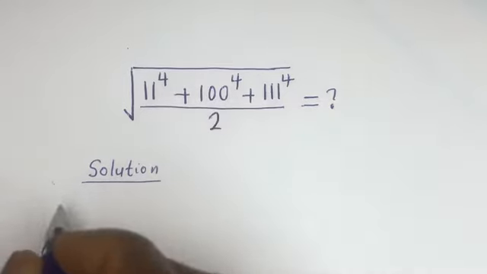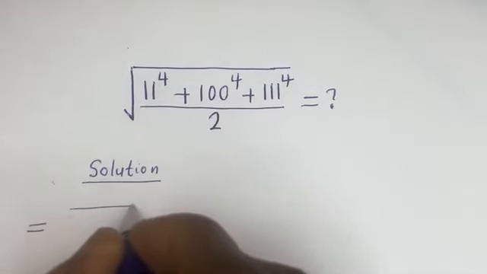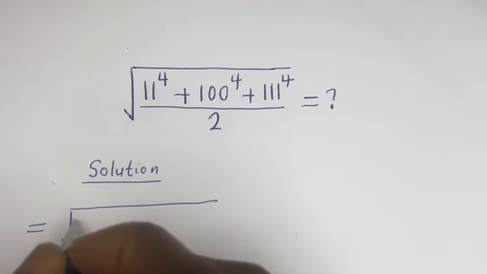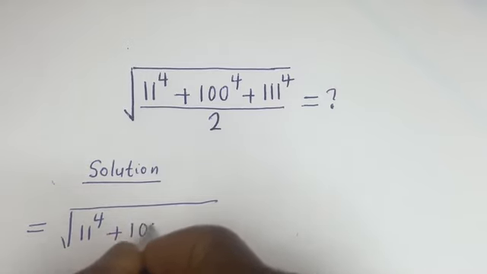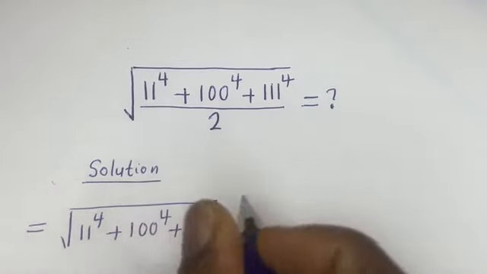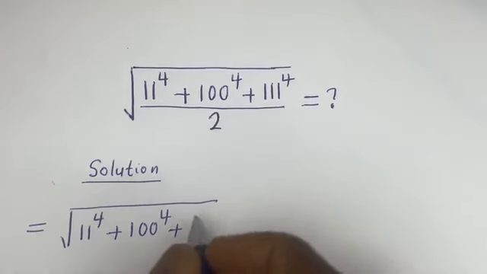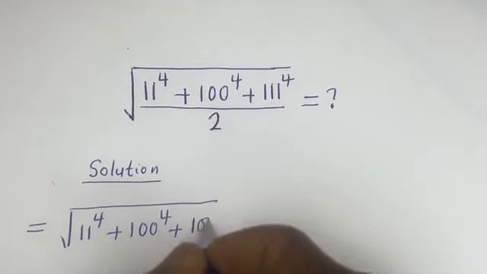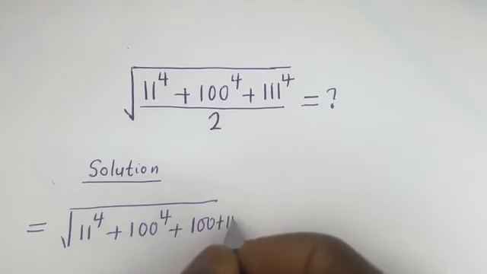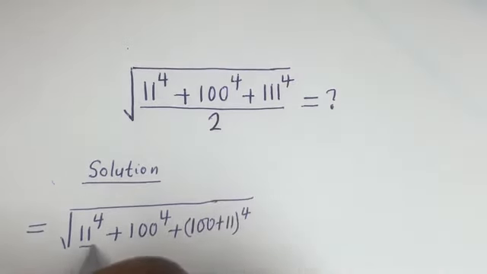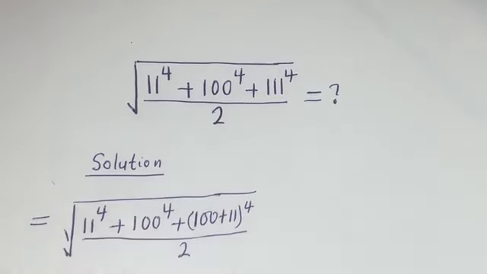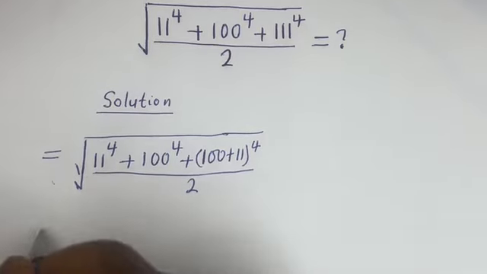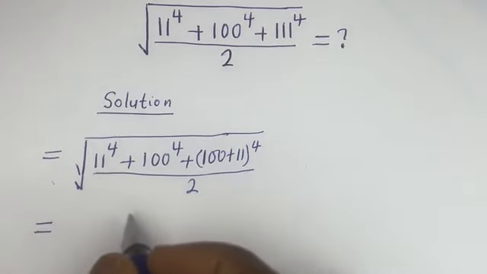Then this can be written as square root of 11 to the power of 4 plus 100 to the power of 4 plus 111 to the power of 4, which can be written as 100 plus 11 all to the power of 4, everything divided by 2. And this is equal to, from here,